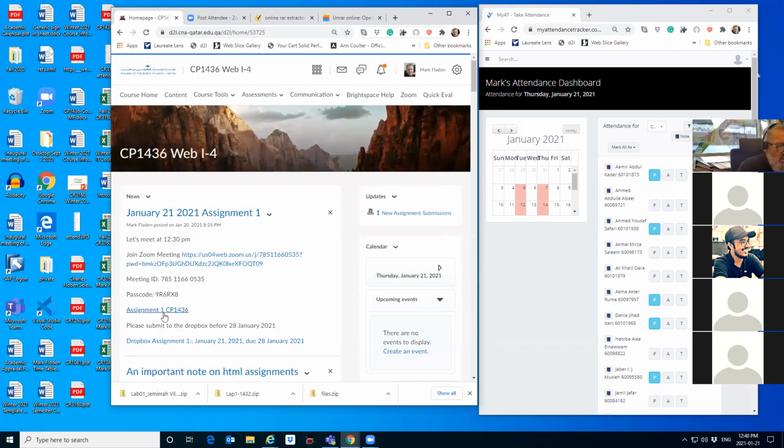You can find that document in the news, and you can find the Dropbox to put it in there. I'm going to pause for a second and see if any